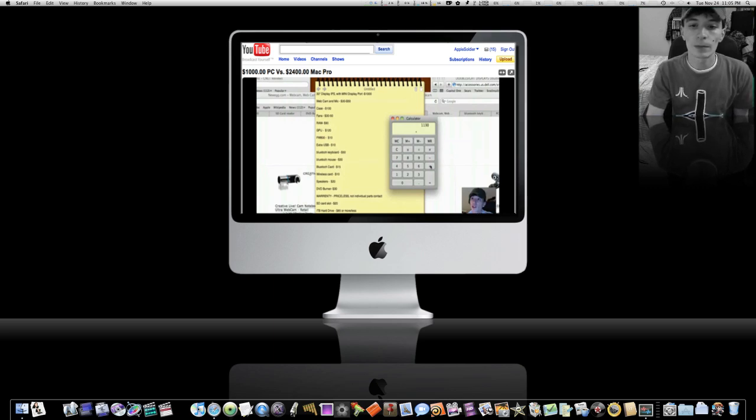I think it's okay to make the comparison. I think it's okay to make a comparison between a Ford Escort and a Ford Mustang, a Ford Focus, and